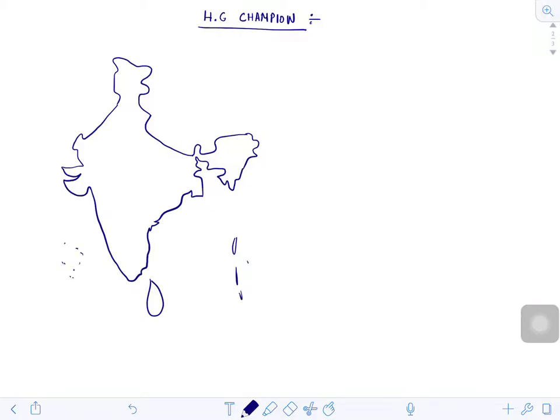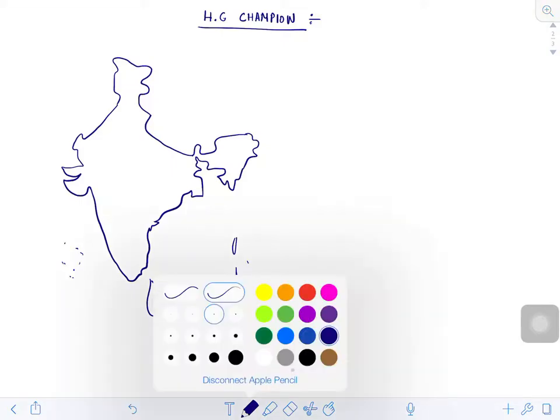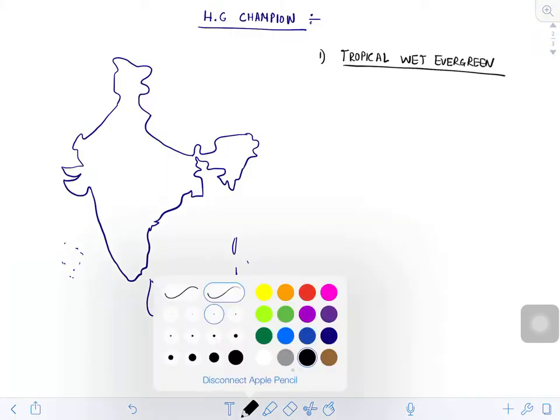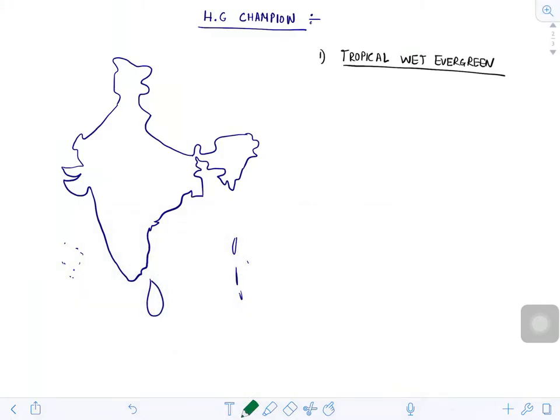So now let's classify what H.G. Champion told. His first classification was tropical wet evergreen. Keep in mind, tropical wet evergreen. So we'll demarcate it on the map. How? The areas include roughly